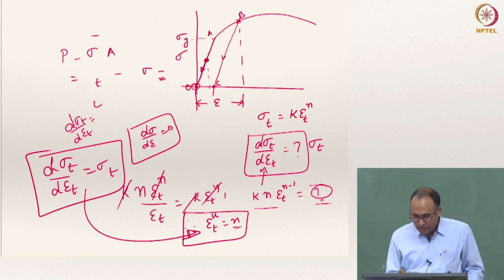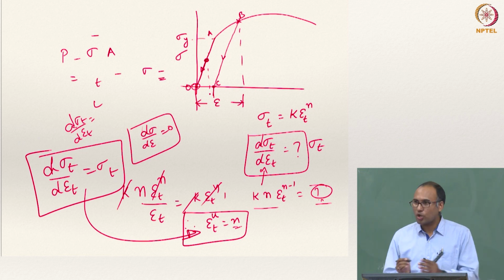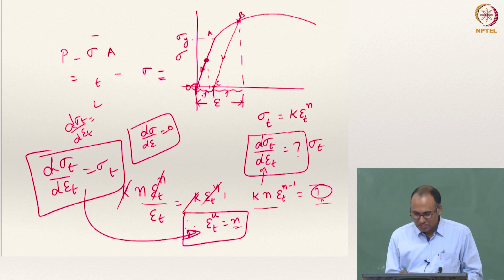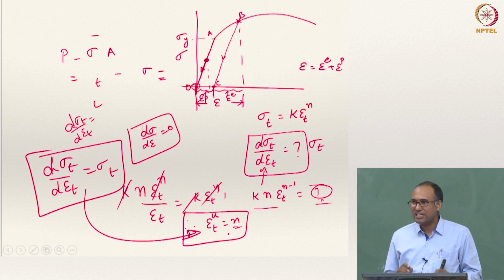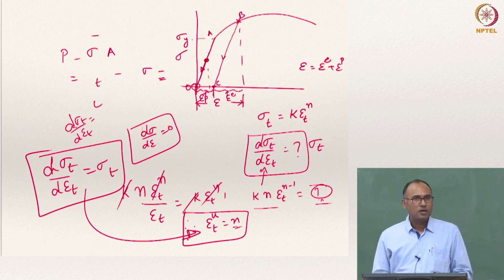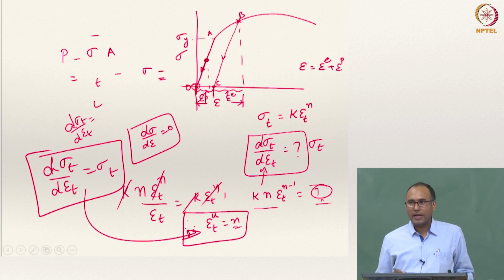So what is the amount of strain that I have recovered? This is the total strain, but this much strain is recovered, right? And this much strain is retained. So what should I call this and what should I call that? Which one is plastic? First one or second one? So this is your plastic strain, this is your elastic strain. So your total strain is given by elastic strain plus plastic strain. Is that clear?